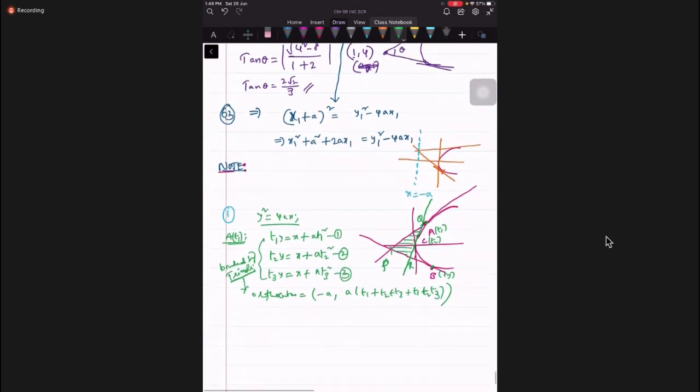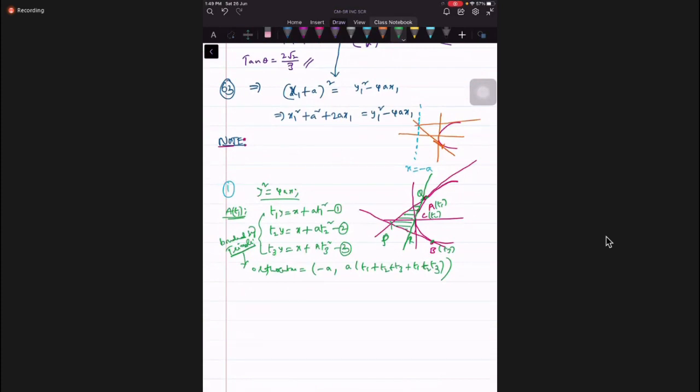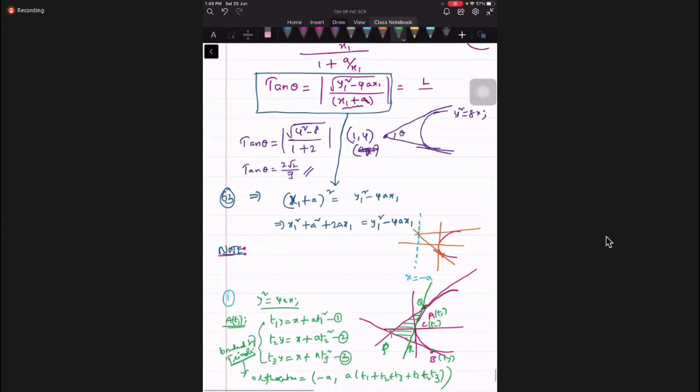Question 66, I'm not getting the answer. Fifth one. Okay, 66, 65th, 67, sir. Okay. 65: one parabola and another parabola touch each other. Then find the locus of their point of contact.